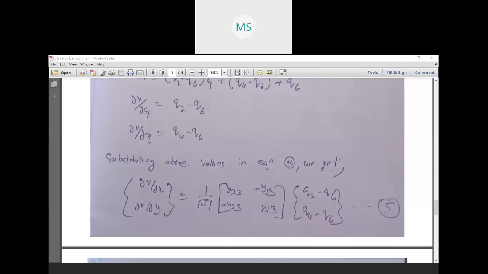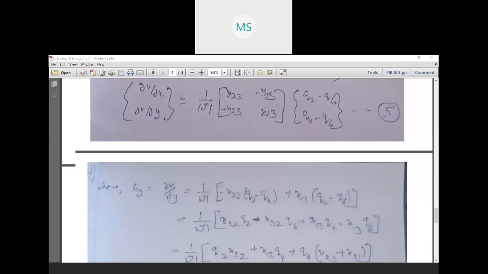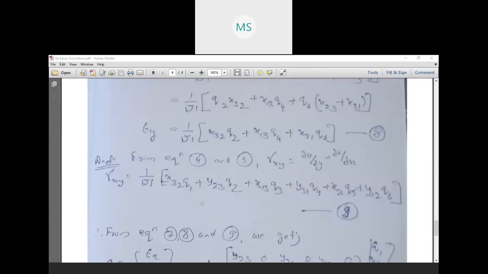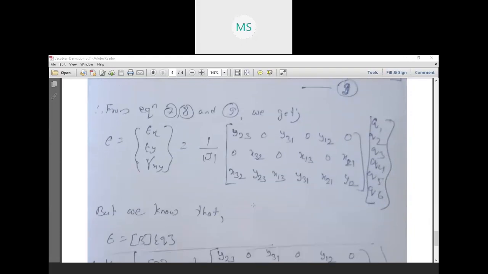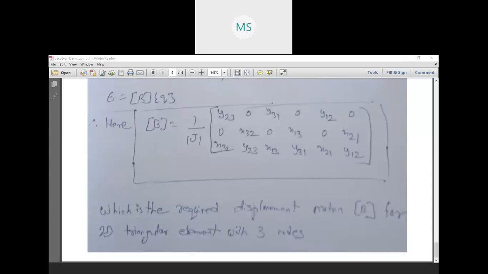Now from this we want each value separate. So for epsilon x, epsilon y and gamma, multiplying the first row, first column will give you epsilon x, and multiplying the second row and second column will give you epsilon y. Doing all this, then for the gamma we do the opposite of those two, and in a generalized form we have obtained one matrix, that is nothing but epsilon, the strain. Whatever is left other than the displacement is known as the strain displacement matrix, which is denoted by matrix B. Okay, so this is the derivation for today.